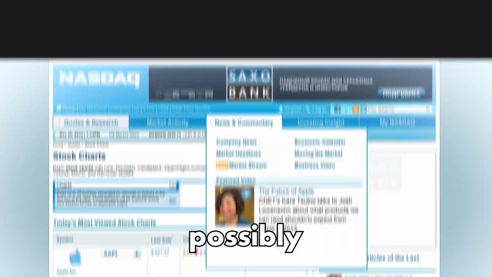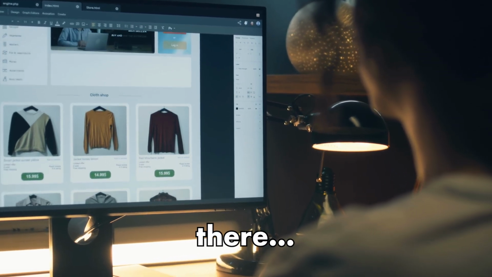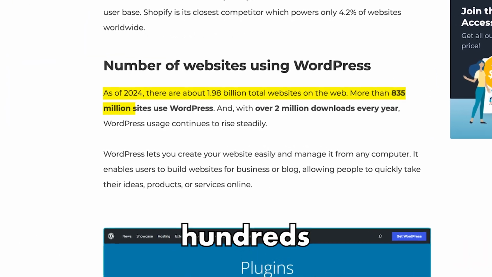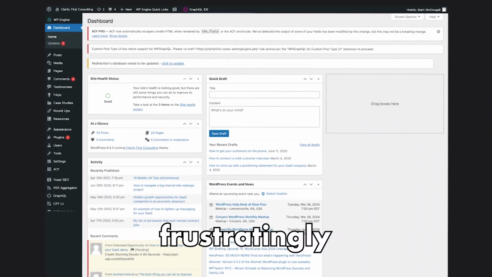WordPress. Quite possibly the most pervasive website builder platform out there, responsible for hundreds of millions of small business websites. But why, despite this enormous support, is the interface still so frustratingly hard to use? I don't know how I got this way, but we're gonna fix it in today's episode of